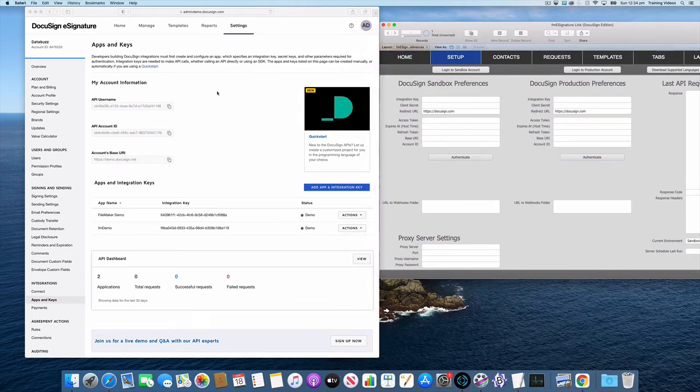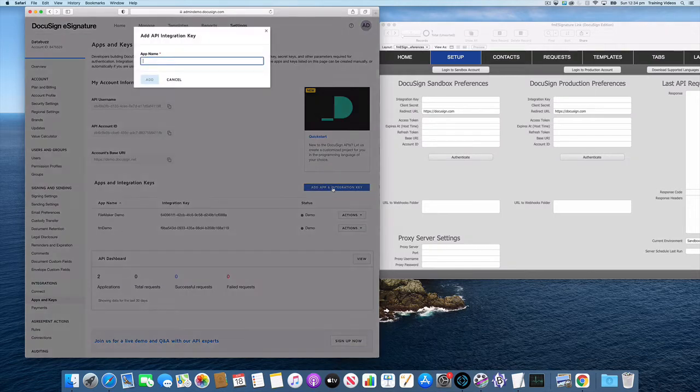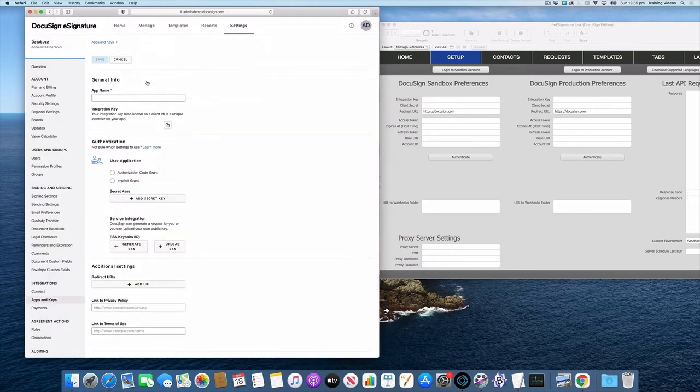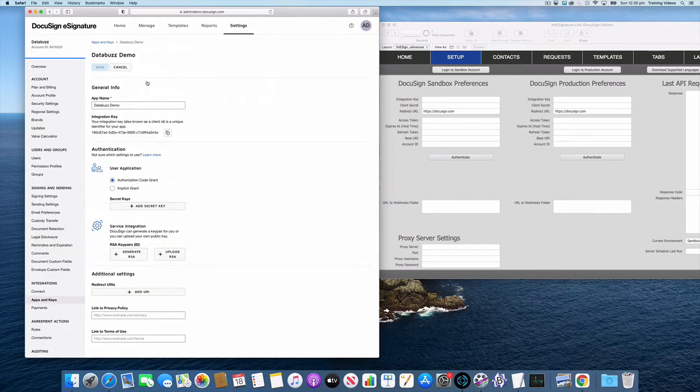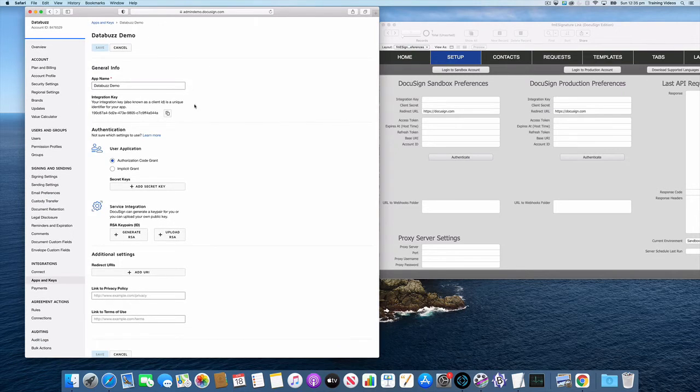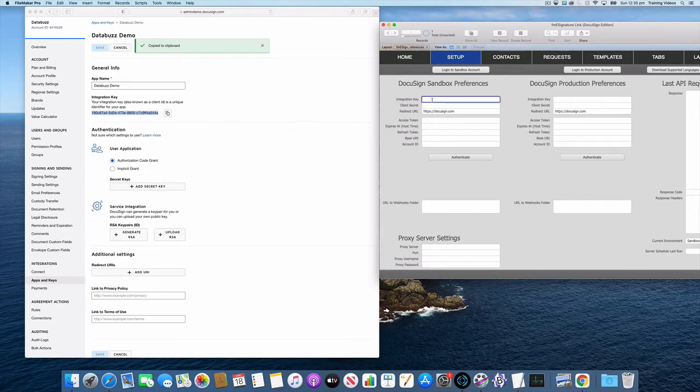And to start it off, we need to create a new app. So I'm going to click the new app button, and I'm going to give this a name. So I'll call this Databuzz Demo, and we'll click Add. And DocuSign are going to go and create a new app for us, and they've created an integration key. So I'm going to just copy that, come over here and paste that in there,